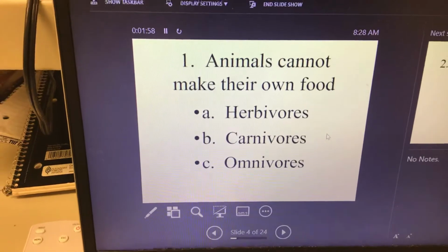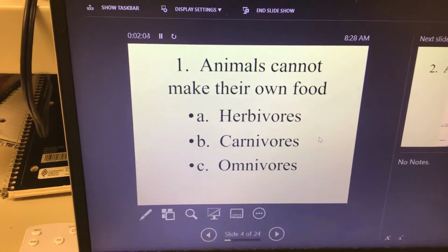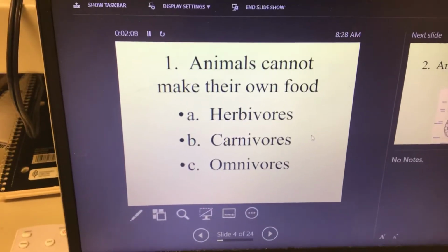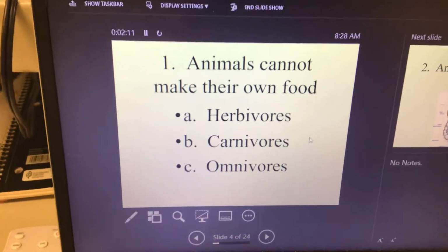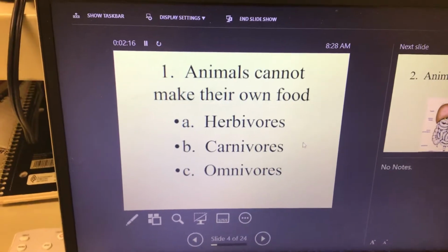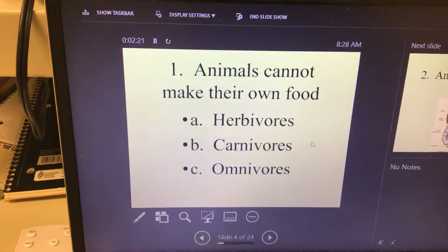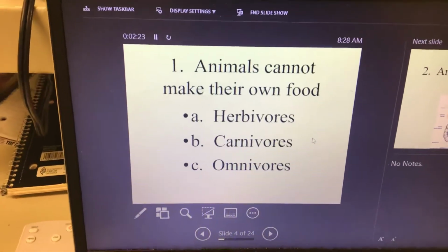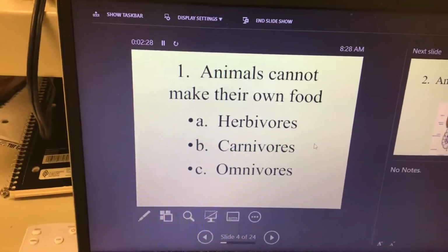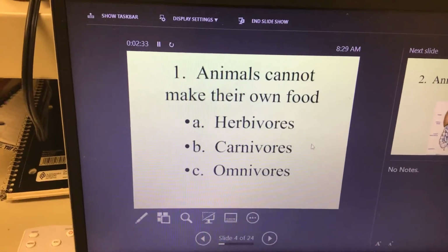We as humans are omnivores. We are designed for omnivores. I know there's people that say I'm a vegetarian or vegan or whatever, but we were designed to be omnivores. You can tell this by looking at our teeth. We have some flat teeth that are used for mashing plant material. We have those incisors in the front that are meant to cut those. We have canine teeth, the pointy ones like a dog, that are meant for ripping meat and flesh. So we were designed to be omnivores.